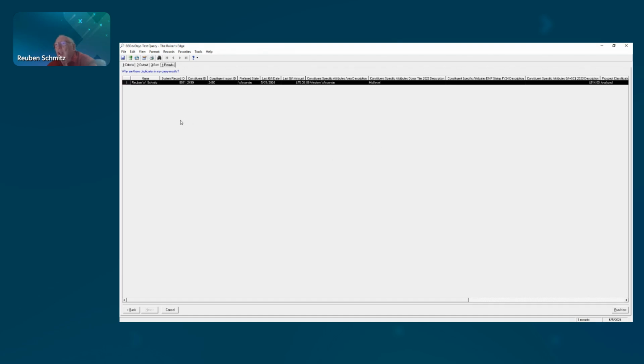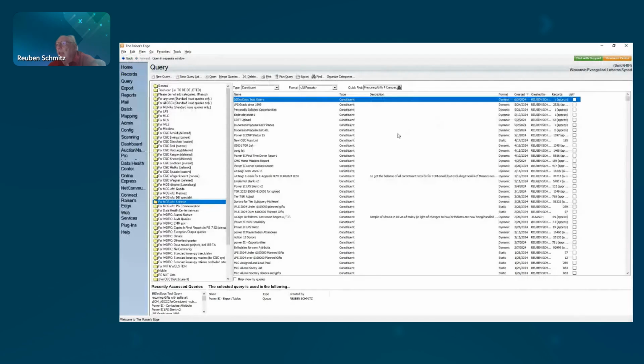But what you're going to do is you're going to create your query. And again, it doesn't matter what the output is. And I should say this works the exact same way for an export. So export or query, it doesn't really matter. What you're doing is gathering information that we're going to put into SharePoint. And from SharePoint, we're going to pull that into Power BI. And of course, like anything else, there's a couple of steps that are involved. So it starts with the query. But once the query is complete,